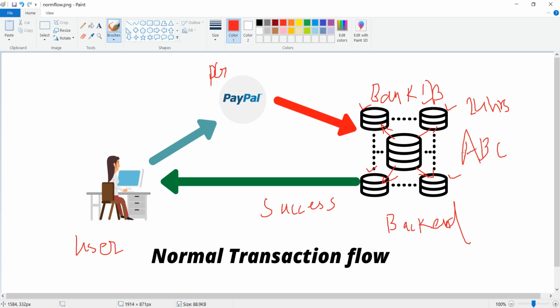All of the requests are coming to this particular server or bank database, and it gives out the appropriate response back. It's not always a success message, because sometimes your card may be expired. There can be n number of test cases involved in this kind of scenario. We are only talking about the success scenario in this case.